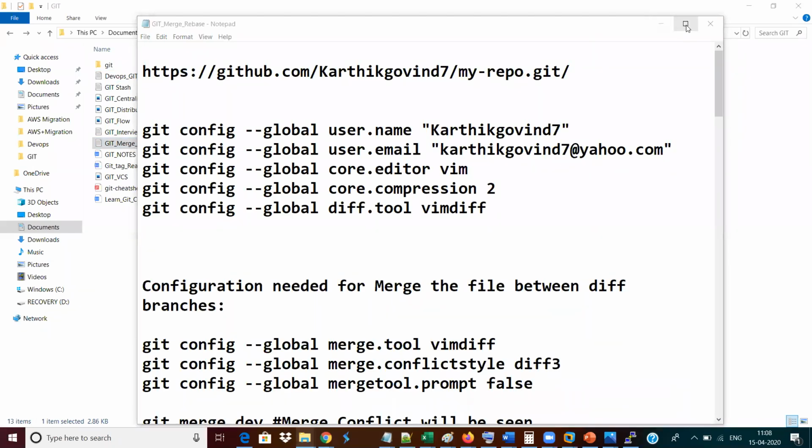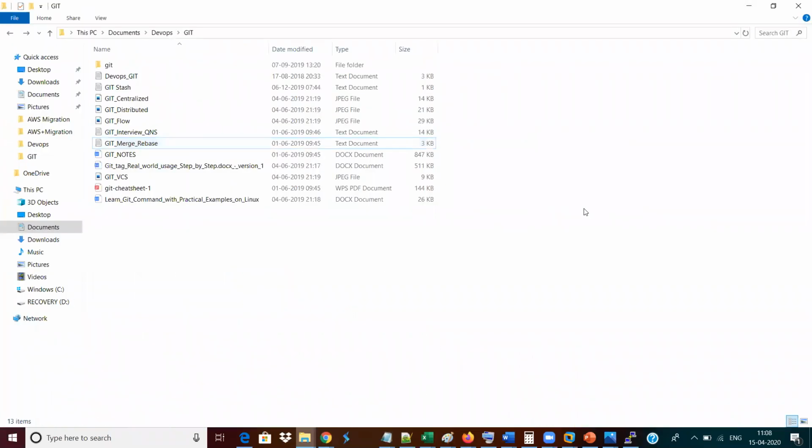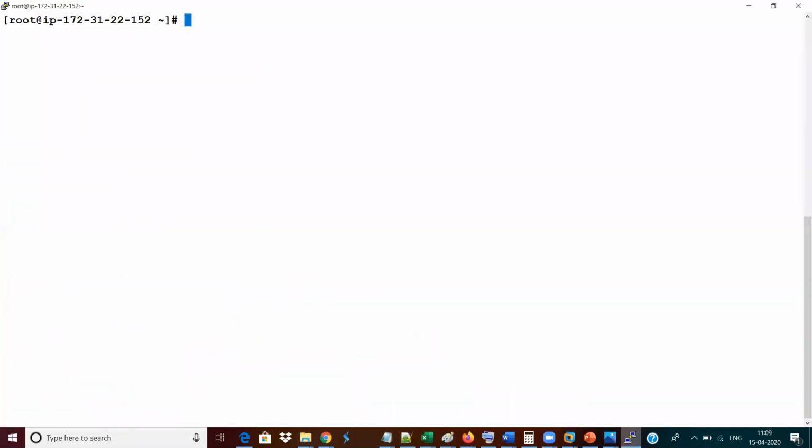But before proceeding with these basic commands, I need to tell you one thing. Don't ever worry about the Git level commands. It will look just like you are learning Unix commands only. Upon your practice only, you will get to know about it. So don't worry that I'm writing some Linux commands. It is not actually a Linux command. Whether you work in Windows or in Linux, both ways we are going to work with commands like these.